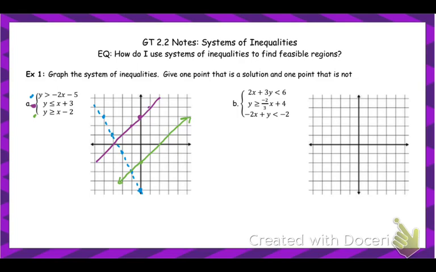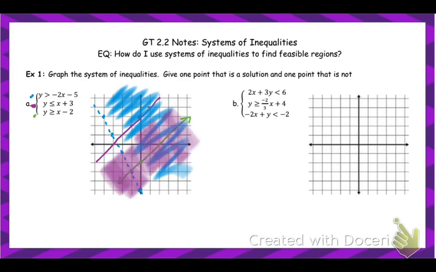So now I'm going to go ahead and do my shading. For my blue line, I wanted everywhere where y was greater than negative 2x minus 5. So that's everything above that line, and I'm going to shade everything above that. Y is less than or equal to x plus 3, that's everything below that line. And then y is greater than or equal to x minus 2, that's everything above my green line,